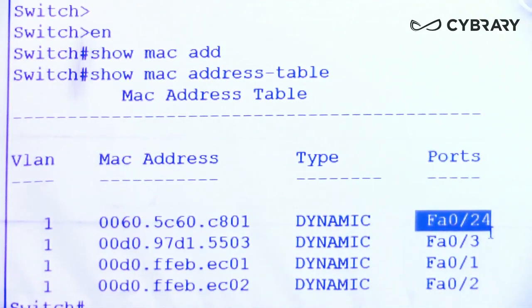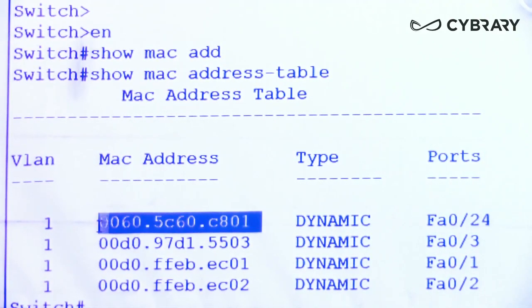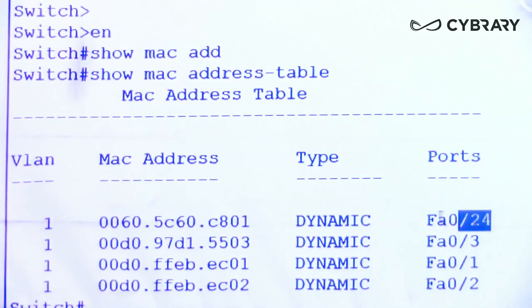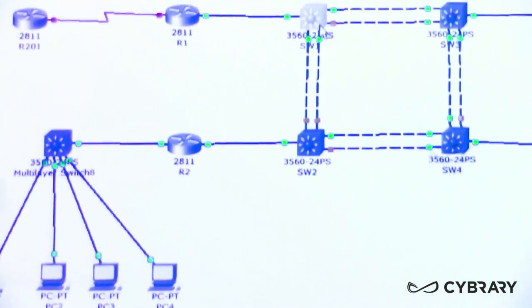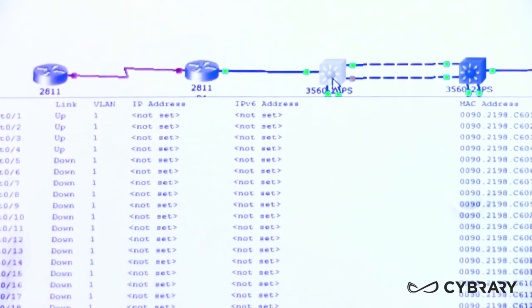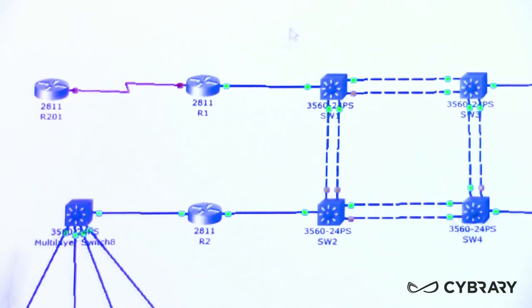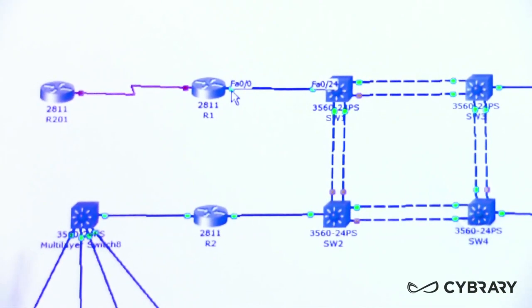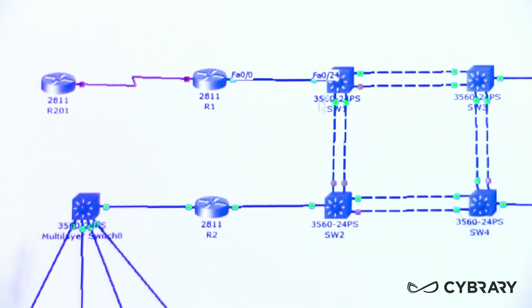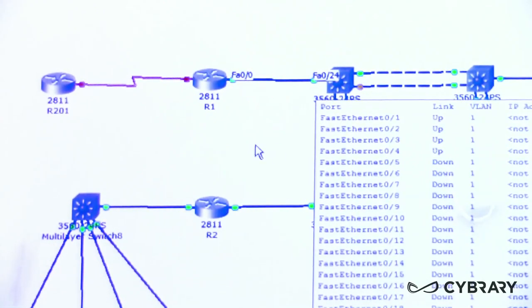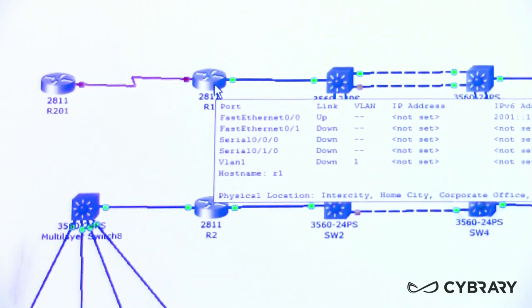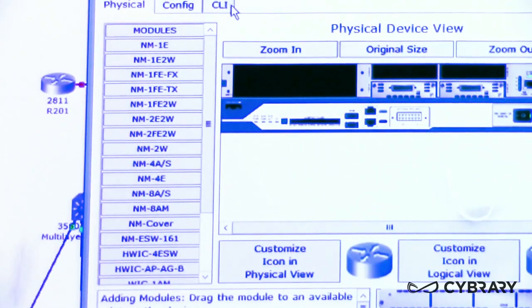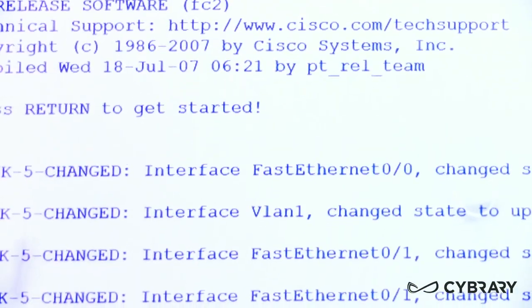Now, what if we are suspicious that this really is the MAC address of the device connected to FA 0/24? Well, as I said, router 1 is connected to switch 1's fast Ethernet 0/24. So router 1's fast Ethernet 0/0 is connected to switch 1's fast Ethernet 0/24. So let's make sure that the MAC address learned on port 24 on switch 1 is actually that of router 1's. So I logged into router 1,